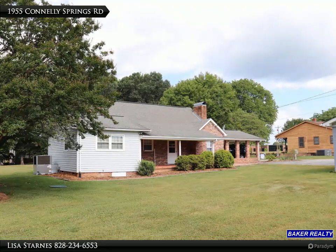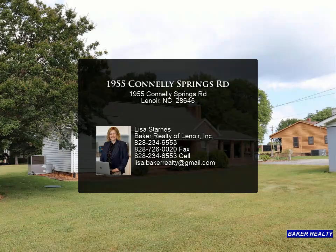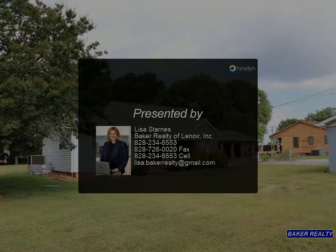Many updated light fixtures. Plumbing drain lines under the home, vapor barrier, cap for septic tank, and termite treatment, all completed in 2020. Water heater replaced within